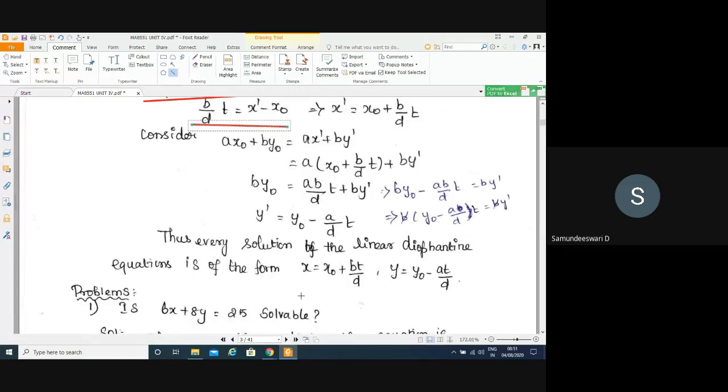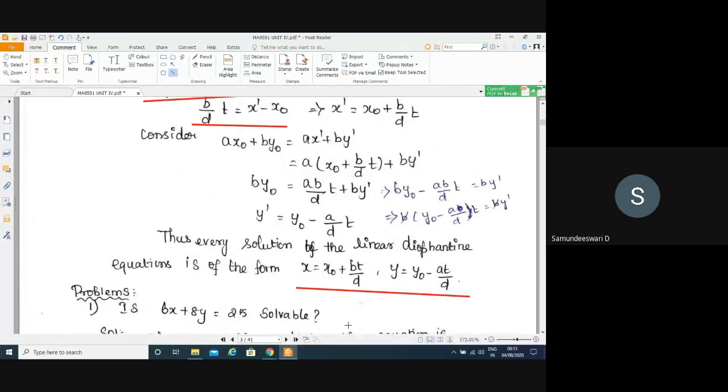So first, if you want to find the solution of a linear Diophantine equation, your equation is of the form ax plus by equal to c. That is your equation format. Second, write down the a, b, c values. Third, find the GCD value. GCD is nothing but the GCD of the coefficients a comma b. And then choose your trial solution, that is the particular solution, x naught and y naught.